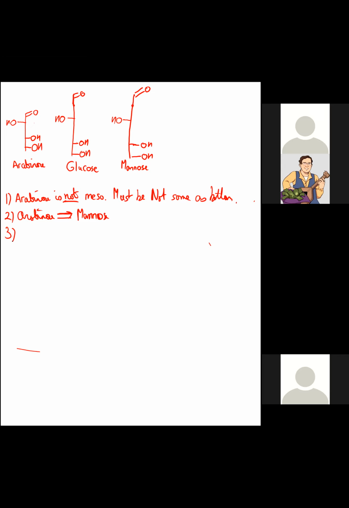And 3, glucose and mannose share the same configuration